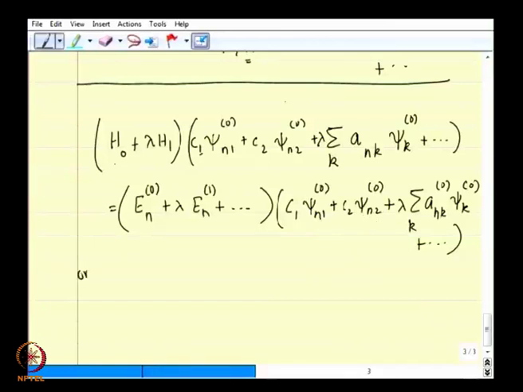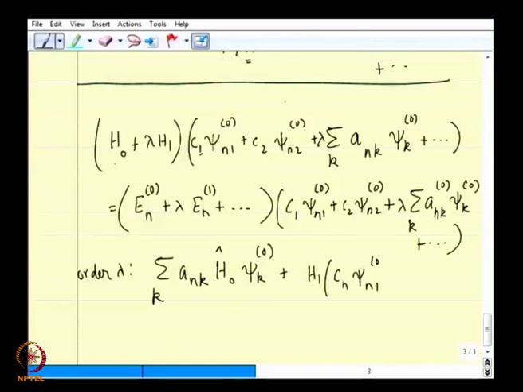Therefore, to order lambda, if we collect the coefficients, then what you have is sum over k a n k H naught acting on psi k 0, plus to order lambda H1 acting on these two terms, namely let us not use the summation index, I will just write them explicitly, H1 on C1 psi n1 0 plus C2 psi n2 0, that is